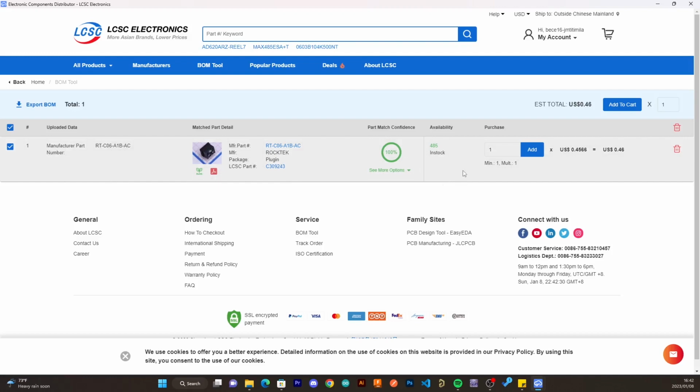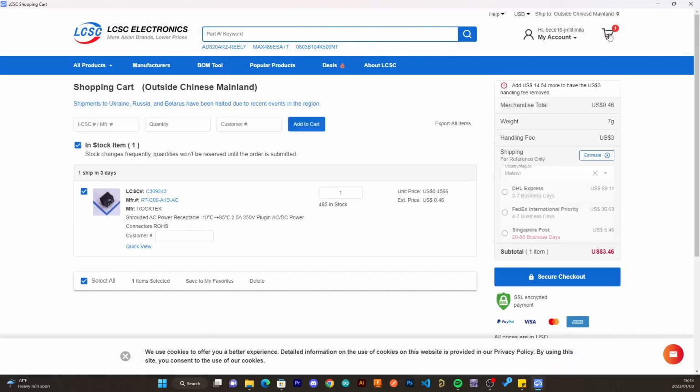So I did this deliberately to show you that if you just select your parts anyhow, they are not going to be found on your list. But if you do so, what you need to do is to just select the add to cart, and you are going to go to your cart right here and proceed to your checkout. So these are